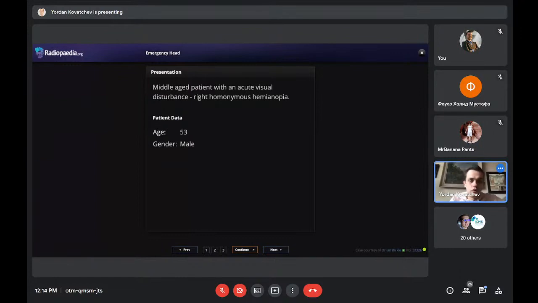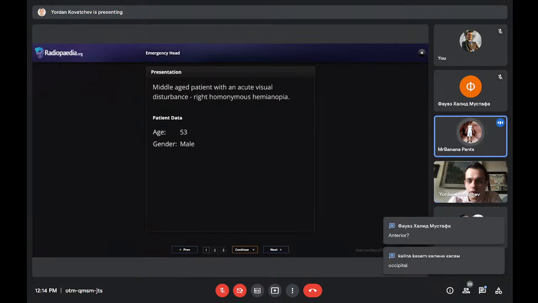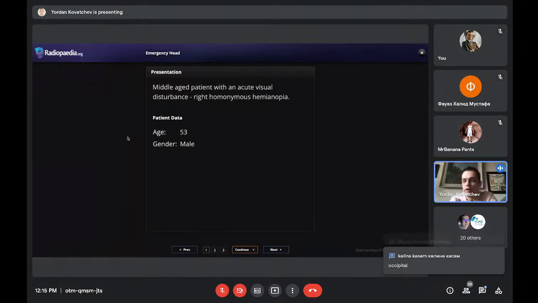We look for these changes that I already mentioned. But when you read that there is visual disturbance, which zone? Left occipital zone? Yes, occipital. Yes, occipital is the correct answer, right? Great. So even before you open the scan, that's why clinical information is so important.